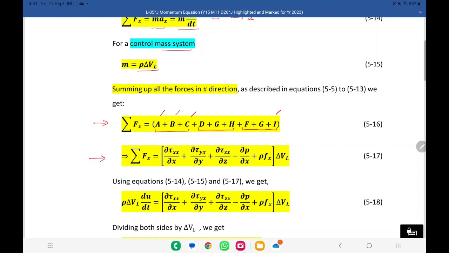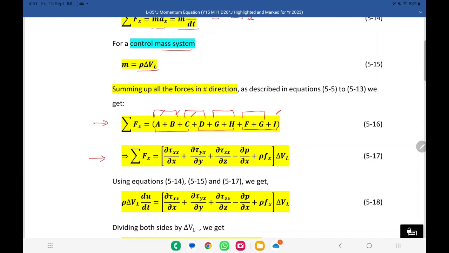I have already given you equation for all of them. You put it, you will get this. Okay, because A and B will come together, C and D will come together, G and H will come together, and F and G will come together, right? So you will have